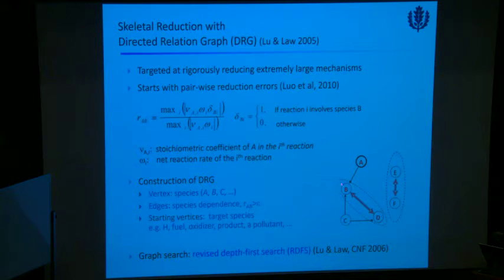So therefore, you do a graph search, and this graph search has a very efficient theory established already called, you can use so-called depth-first search. And you go down a path first, and then you find each one recursively. Or you can do the so-called BFS, breadth-first search. You use different versions of searching. You get a similar efficiency, but the results should be identical. You find all the species you can reach from the starting one. And this subset of species would form what you can call a skeletal model. And this skeletal model, if you look at anybody in this subset,